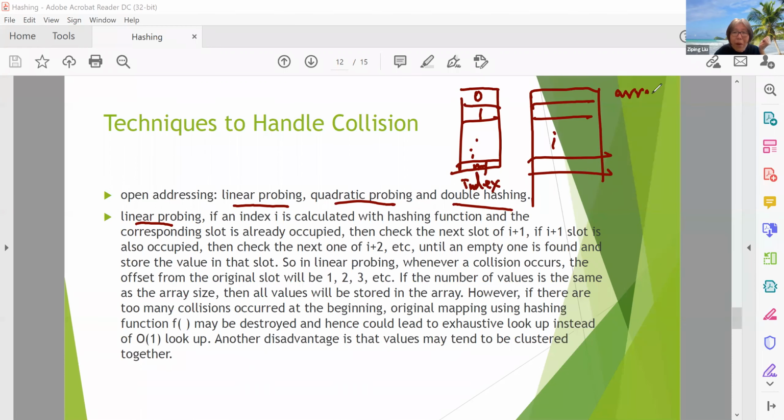So it's an array of some type, suppose books. Here we have book 1 at this index. And book 2, when you do the modulo 8, the index also goes to 0. But you cannot store it, because this slot is already occupied. So for linear probing, what it's going to do is try the next available slot after index